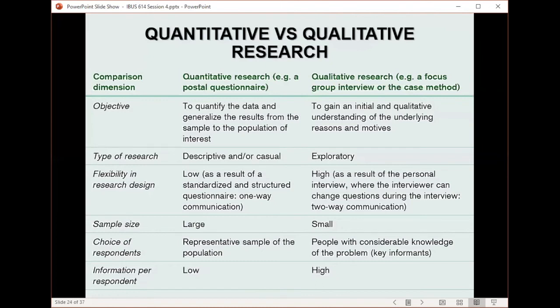Okay, so go ahead. Also, in terms of choice of respondents, when it comes to quantitative research, you need a representative sample of the population, like I said, because to be able to generalize to a larger population, you need to make sure that the respondents that you interview or who answer your survey are actually representative or bear similarities with the final population that you are generalizing to. But with qualitative research, like I said earlier, it's about choosing people who will give you the information that you are looking for. In that case, they have to be key informants who have considerable knowledge about the problem that